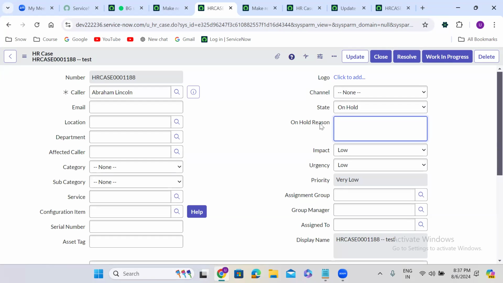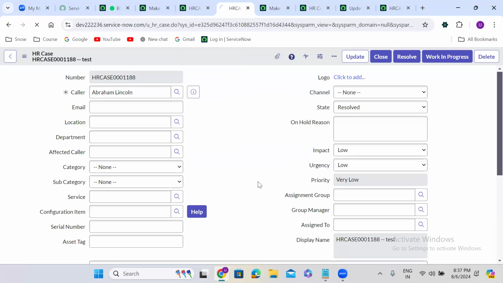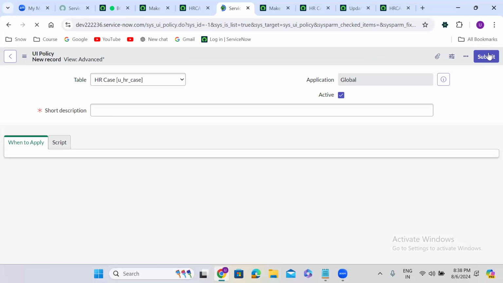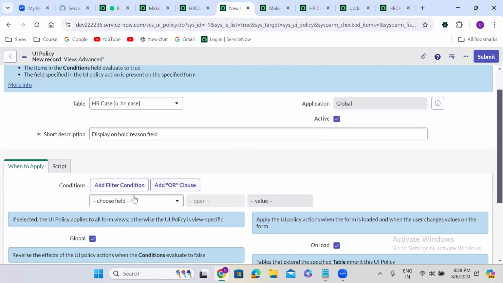Whenever the state is not on hold, this field will disappear and will become non-mandatory. When the state is on hold,